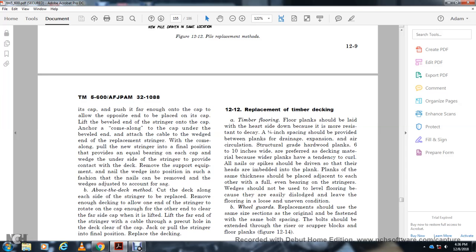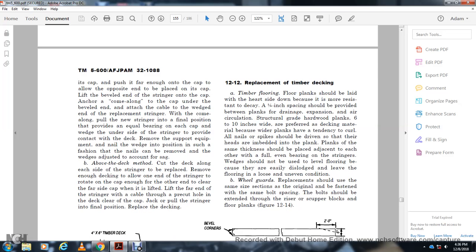String provided the contact with the deck, remove the support equipment, the end of the nail of the wedge in position and shove the fashion from the nail with the beam and remove the wedge. Adjust the amount of the sag for sag, move the above the deck method, cutting the deck along with each string to be